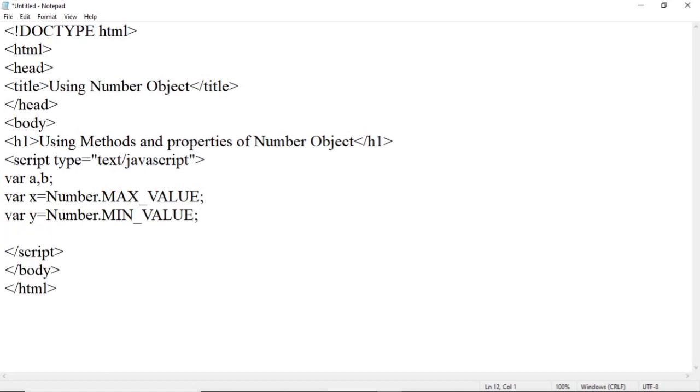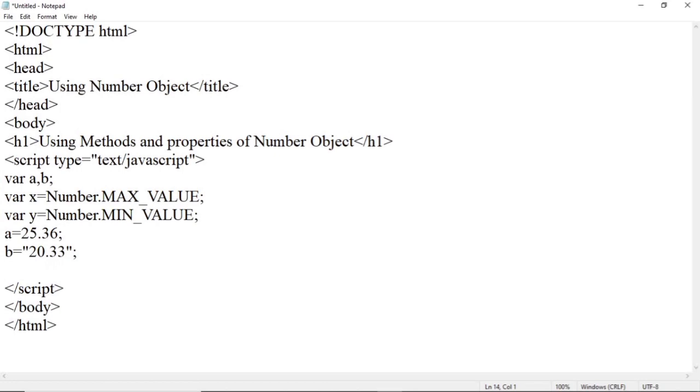Now let us initialize the values for variables a and b. So a is equal to, suppose, 20.25.36 and b is equal to, suppose, 20.33. Now use a semicolon.